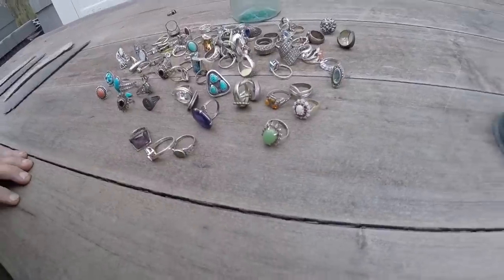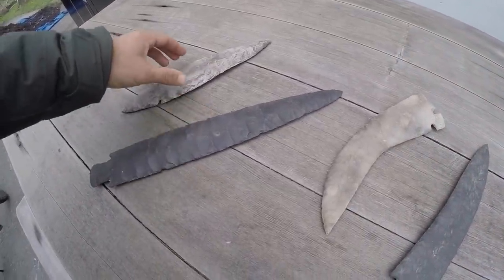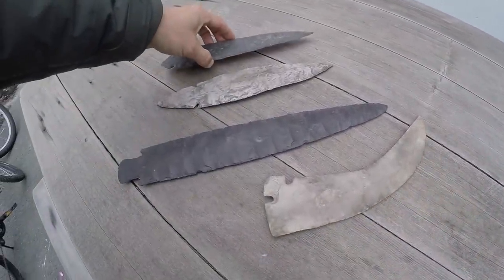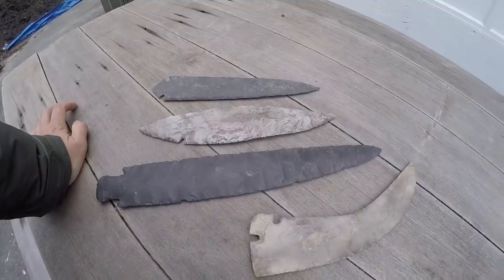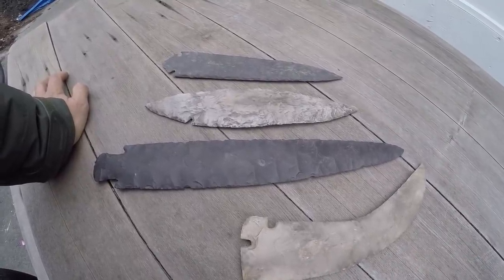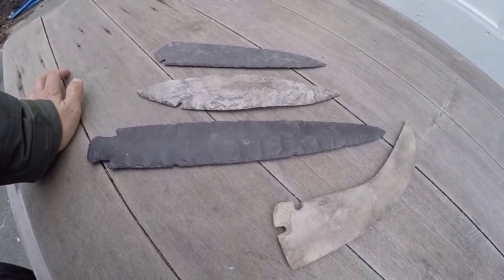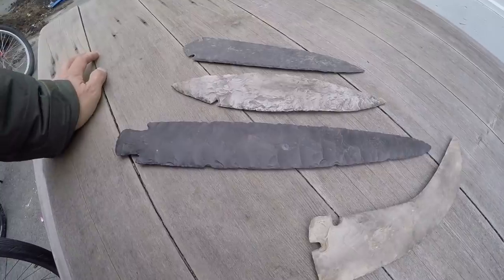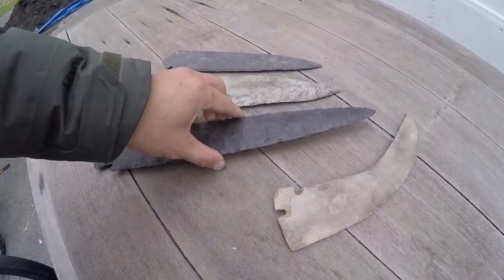There was one other thing I wanted to show you. This is probably something I've had for a long time. I got all these huge spear points from one of my friend's estates. Once he died, he donated most of his arrow collection to a local museum, and they only took the local stuff. But I guess this is about 20 years ago, I was helping him do work at his little farm, and he showed me his collection. I always found these to be just absolutely amazing, and his story behind where he got these from